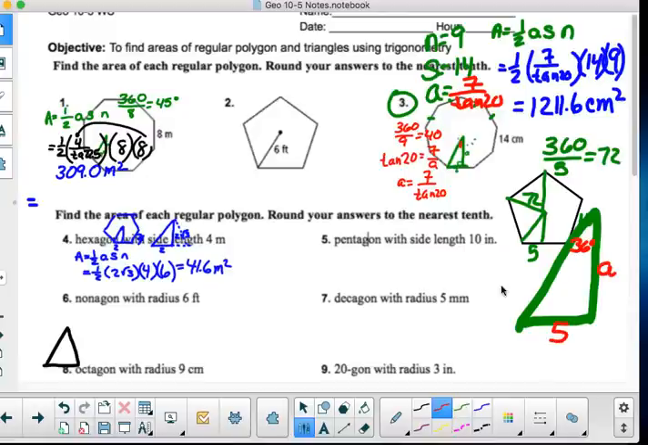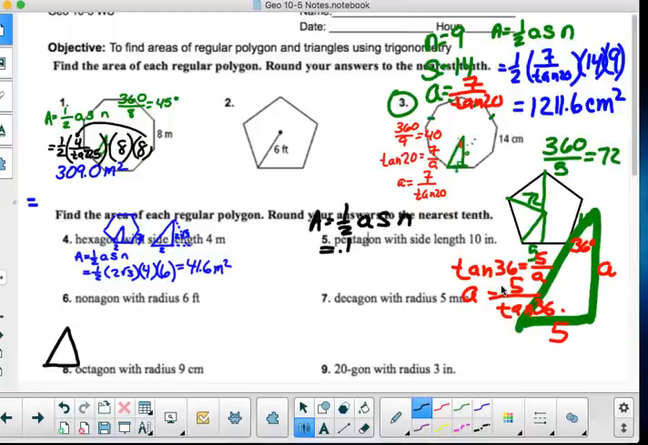So now I'm still doing tangent. Tangent of 36 is equal to 5 over A. So A is equal to 5 divided by tangent of 36. So I have my apothem. So now I've got everything I need. I got my area is 1/2